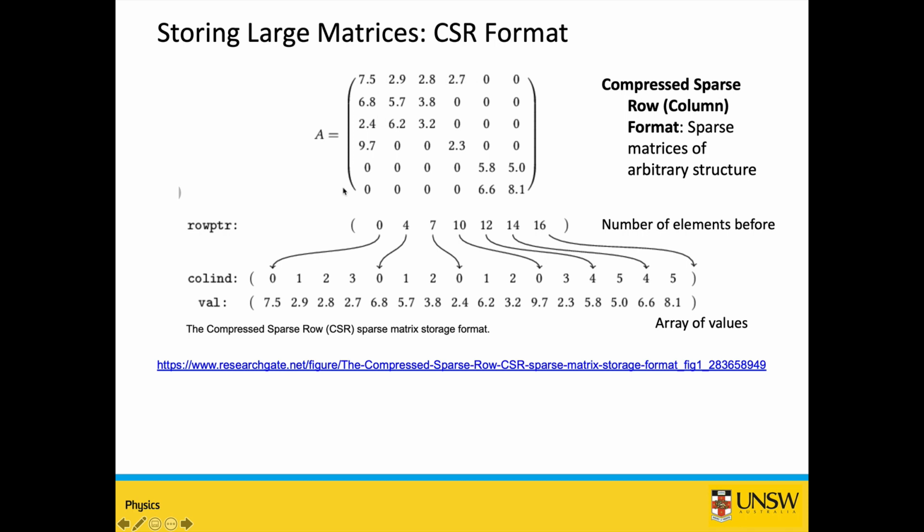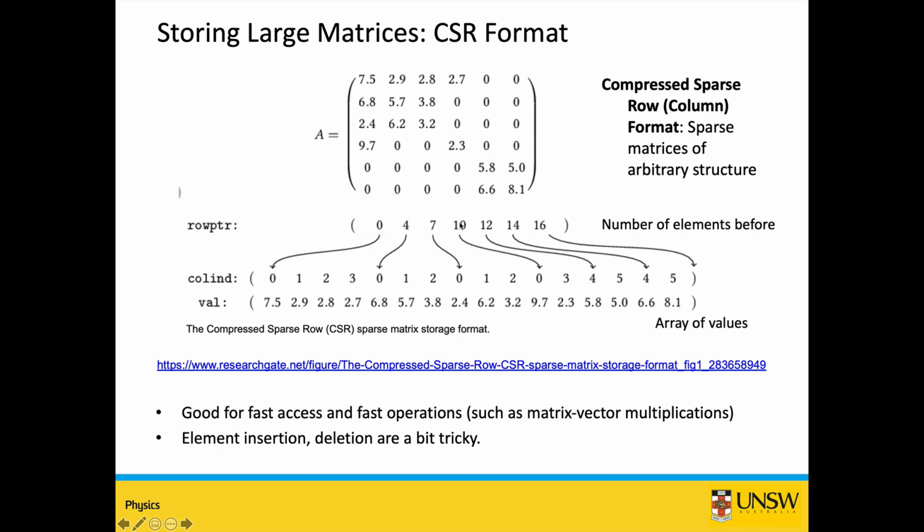I increment the row pointer by the number of elements I have traversed. In this case, I have gone through 4 elements, so I add 4 to the row pointer, increment by 4, and then I go to the next row where there is a non-zero element, and then I again store by the column index. So there are non-zero elements for 0, 1, and 2. So you can see that there's 0, 1, and 2 for the next 3 elements. And then when I am done, I update the row pointer again by 3 because I have traversed 3 more elements. So this can save some space.